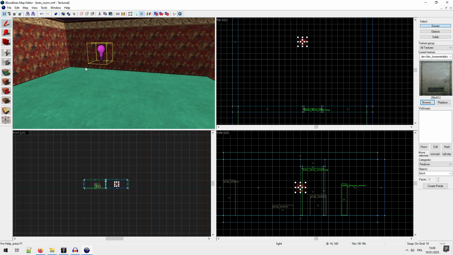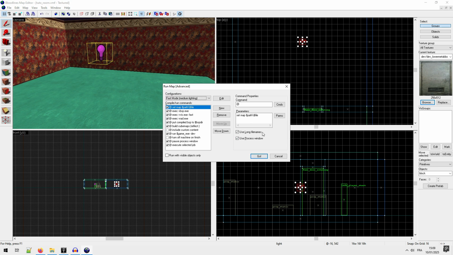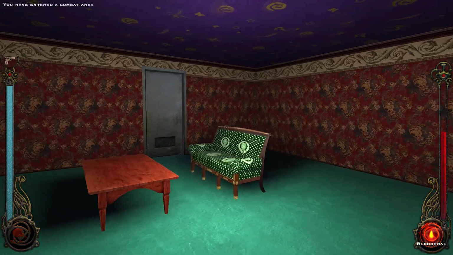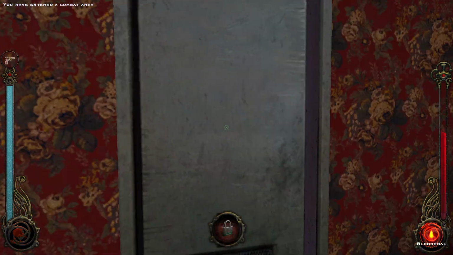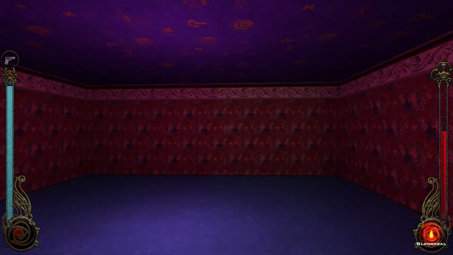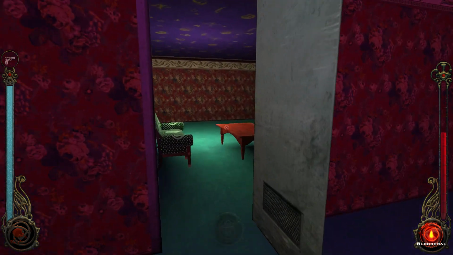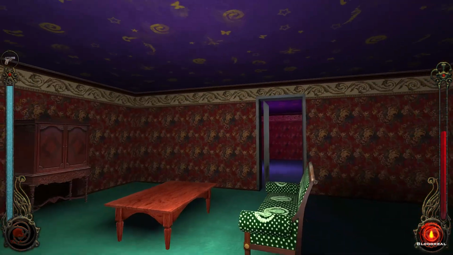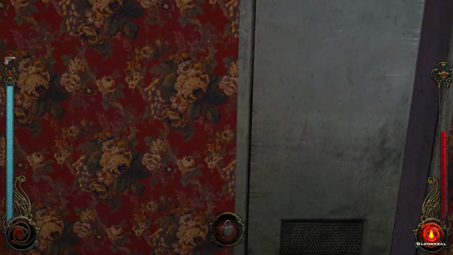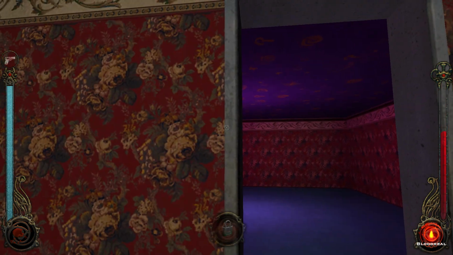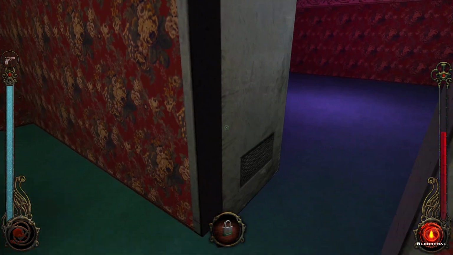So I will see you in game. And we are in game, and you see everything is fine. So let's test it, and that's it. And you have different lights. Okay, and here you see I haven't textured my door, so the side is totally in no draw.